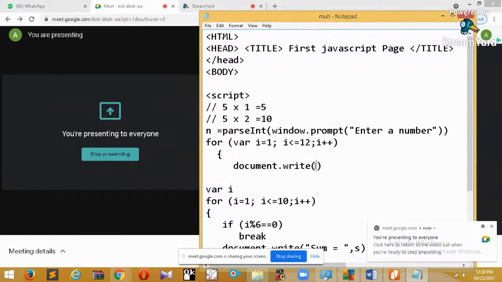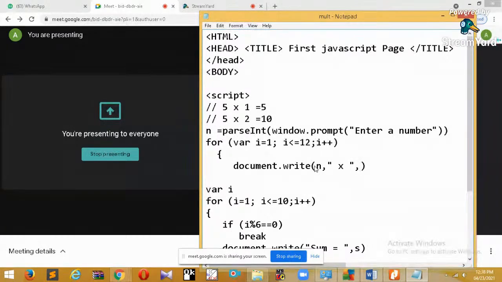So first we'll write n, then comma, then within double quotes a space, the cross symbol, then a space, then comma. Then how we get 1, 2, 3, 4: we get it through i. Then again a comma, again within double quotes a space, equal to, a space so it will look good, comma. Finally we do the multiplication: n asterisk i. And to keep each on a different line, we'll put a line break here. In this way we simply